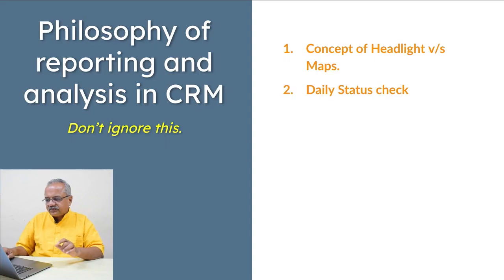Analytics is that which informs you about that which is not visible, and the status is about that which is visible. So, what should you continuously monitor then? Your headlight or the map, isn't it? This makes it clear about what we should monitor daily. Do you need to see the analytics and the graphs, etc., in detail? Or do you need to see the OPR which would give you the answer? Please start thinking in this direction.